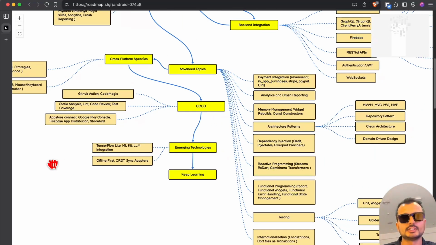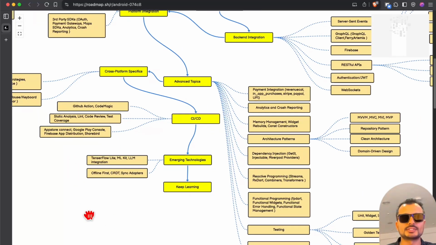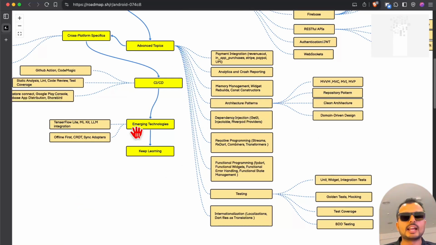After that, you need to learn about continuous integration and delivery, where you learn about GitHub Actions, Codemagic, static analysis tools, so that your code is healthy and looks good, feels good, you know, and your peers and colleagues do not yell at you looking at your ugly code. Static analysis tools help you with that. And then you also learn about how to upload your application to the App Store, Google Play Store, and send patches through Shorebird, not Shorebirds. And then after all this, you still need to get up to date with the latest